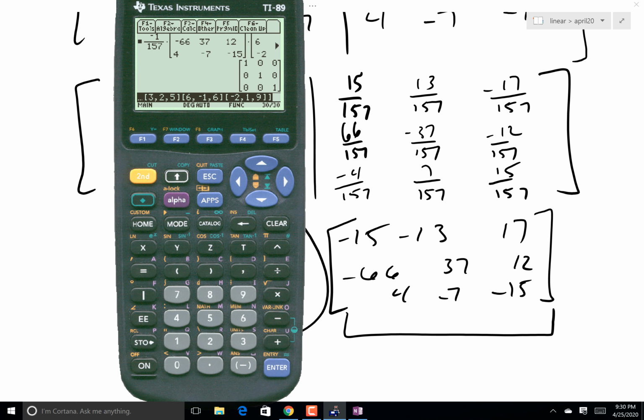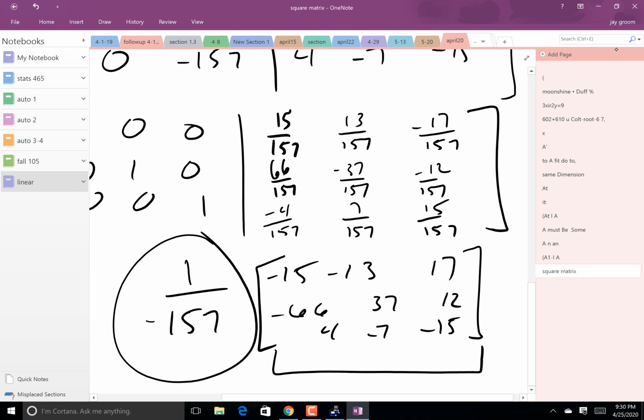Boom! And bam, friends, right there, we have got ourselves the identity, which means that we did it correctly. That is a big deal, okay? And yes, obviously there's calculators. The 89 will find the inverse. That's true. But to understand how to get there, what you're really doing, going all the way through,